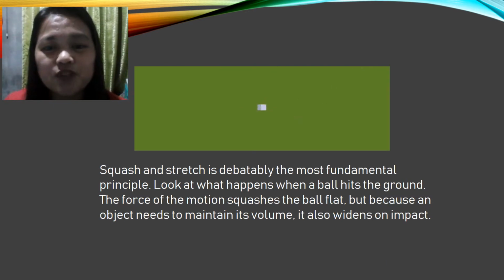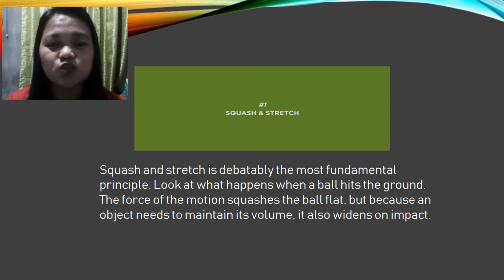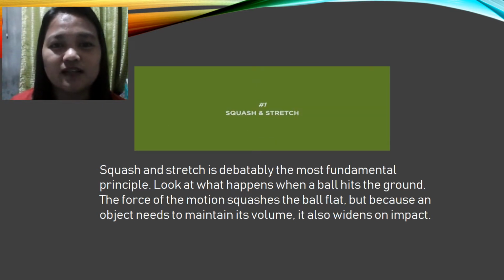The number one principle of animation is squash and stretch. Squash and stretch is debatably the most fundamental principle. Look at what happens when a ball hits the ground. The force of the motion squashes the ball flat, but because an object needs to maintain its volume, it also widens on impact. This effect gives animation an elastic, life-like quality because although it may not seem like it, squash